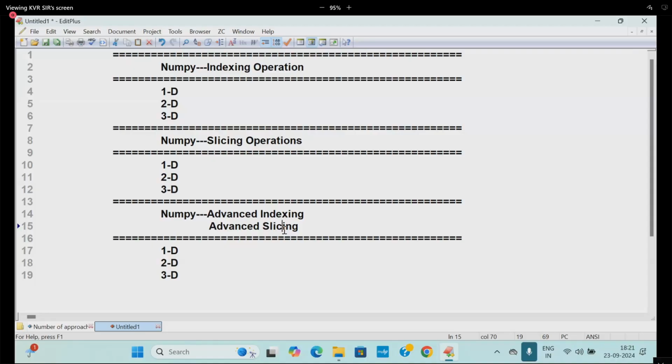Indexing means getting one value at a time from the given iterable object. I will show you the practical immediately.